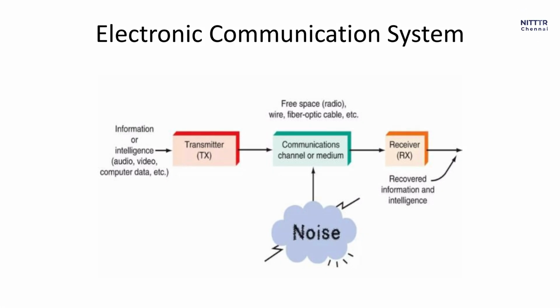Communication is the process of exchanging information. All electronic communication systems have a transmitter, a communication channel or medium, and a receiver. In electronic communication systems, the message is referred to as information or an intelligence signal. This message in the form of an electronic signal is fed to the transmitter, which then transmits the message over